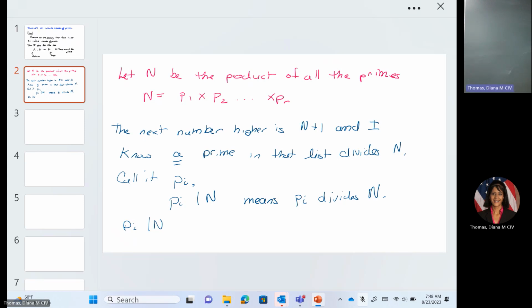Then I'm still looking confused. So the next number higher is n plus one, that makes sense. And a prime divides it, so that last part's not true, so no prime divides n plus one. A prime divides it. One of the primes in that list must divide n plus one because